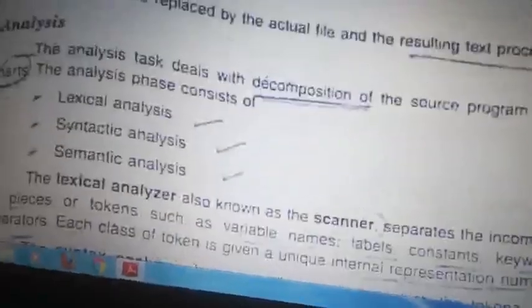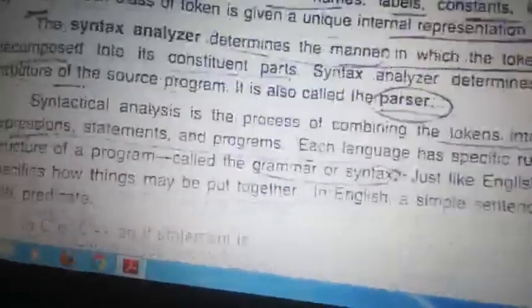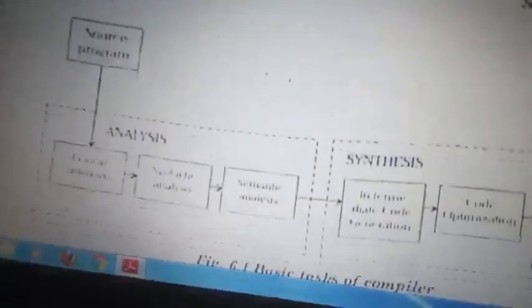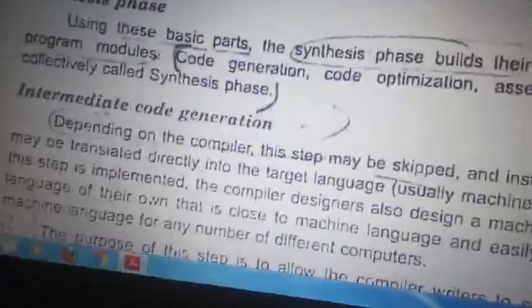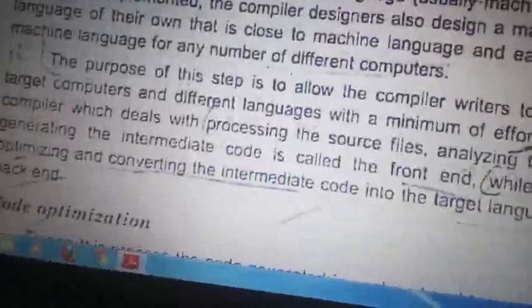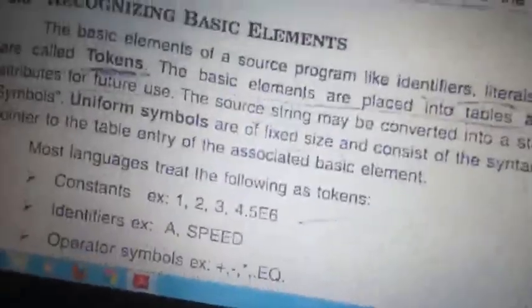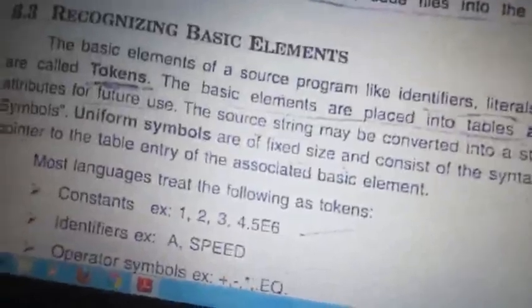Similarly, we spoke about the same in the analysis phase. It recognizes, that is the scan. It checks the meaning, that is syntax or semantic meaning. The third step is to allocate everything, so it's nothing but optimization, and then it gives the target program, the generation. In the same way, we'll go one by one through how it performs.